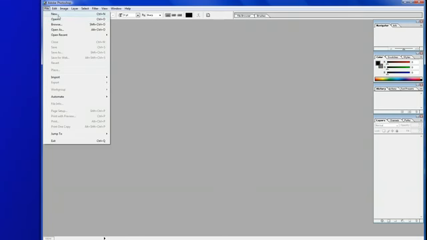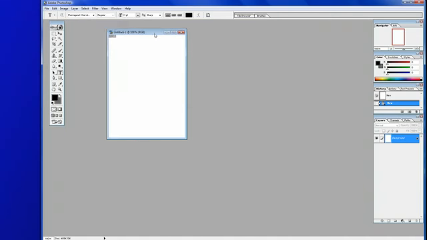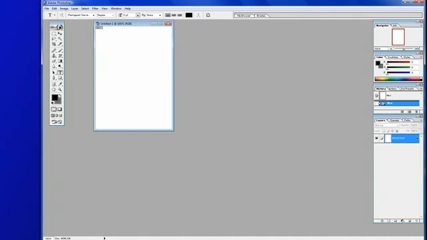Basically we're going to start a new project. My pixels are already in there. I had something on my clipboard so it automatically put it in there. Basically you're going to make sure it's 322 by 434, and those are pixels. Bring that up. The reason why we're using that resolution is because if you actually go into the Google App